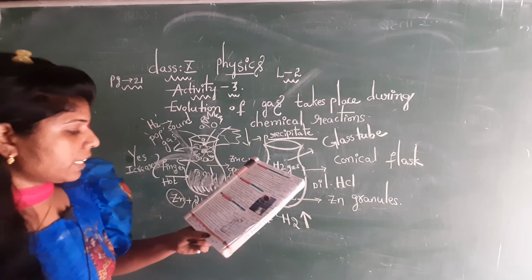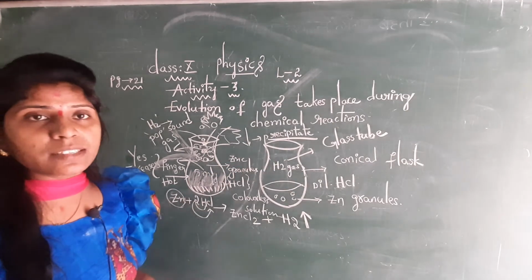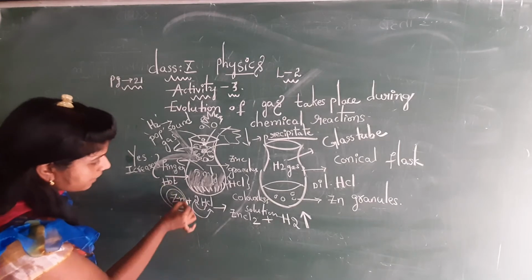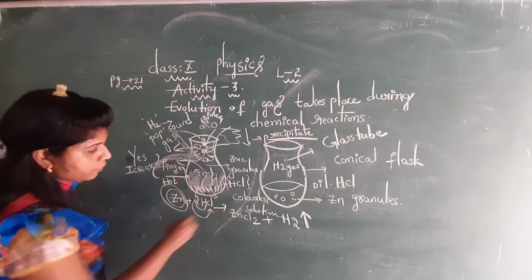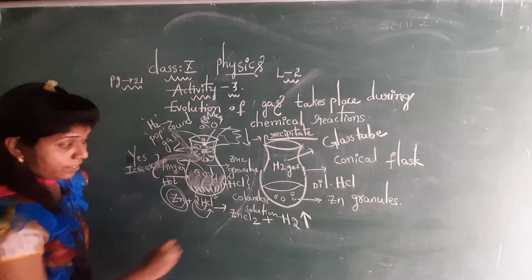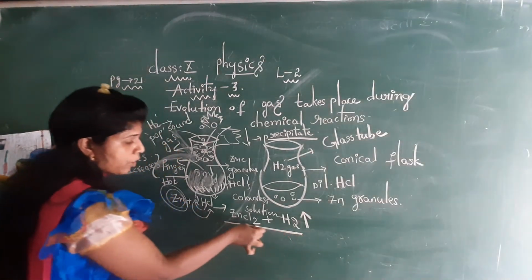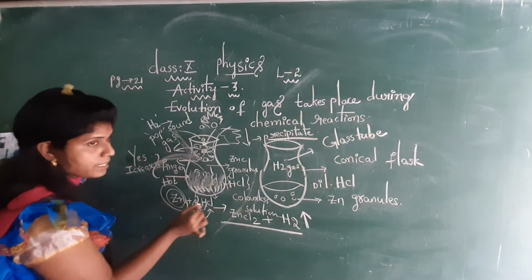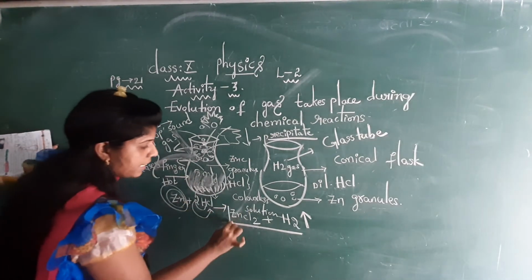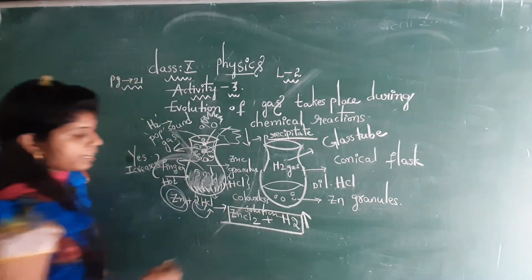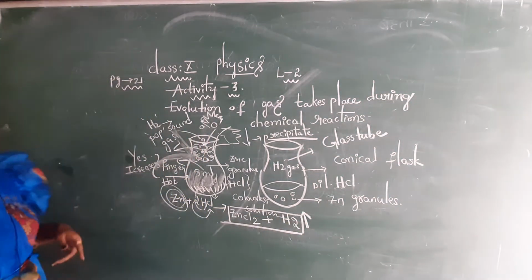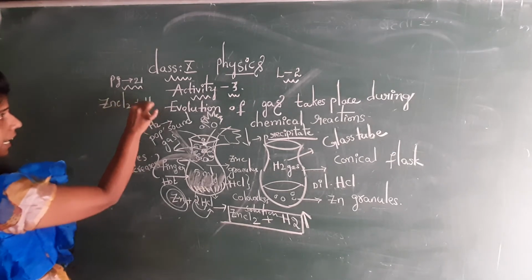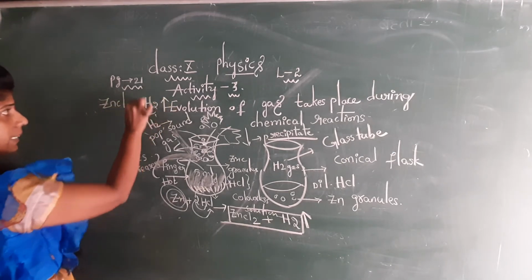From the above activities, can you conclude that during a chemical change there are changes taking place? When zinc reacts with 2 molecules of hydrochloric acid, do we get a final product or not? Let us see. As these two react with each other, we get new products: zinc chloride and hydrogen gas is liberated.